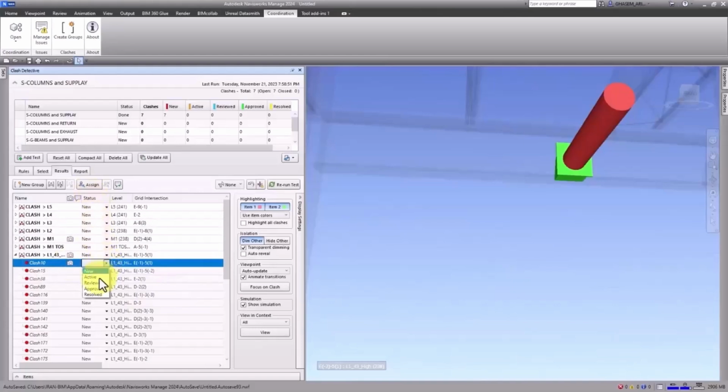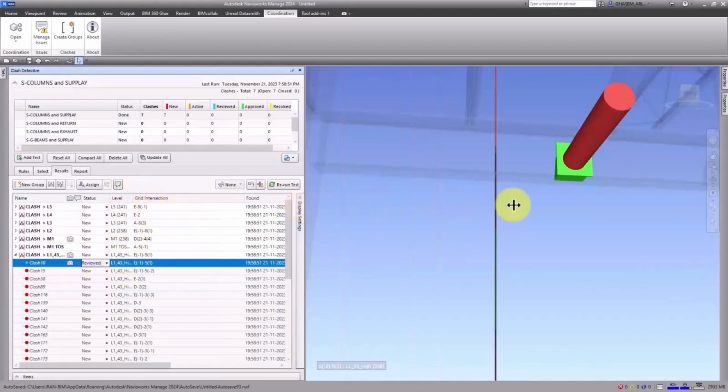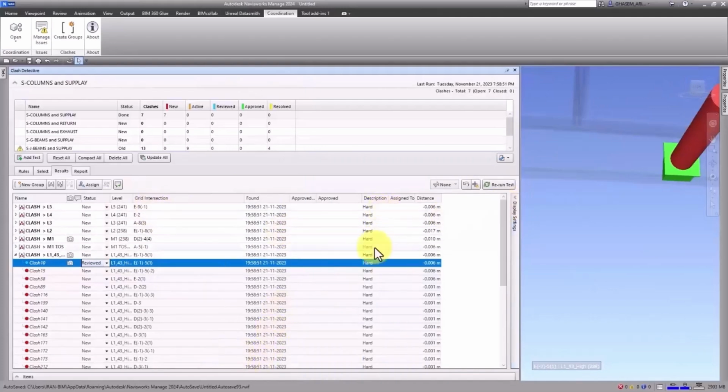Here we can control the status. For example, I define that this clash is resolved or active, or approved. Or if I'm not sure, I can have it reviewed till I'm sure and I can approve that it's a clash. After that, here we have the name of the level, and here grid intersection, here description, date, and